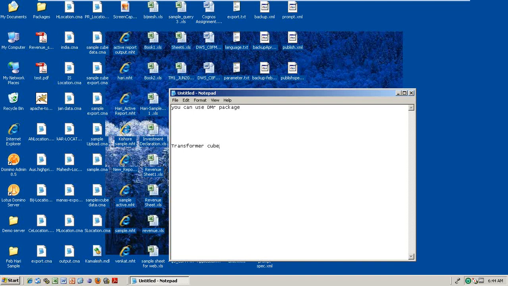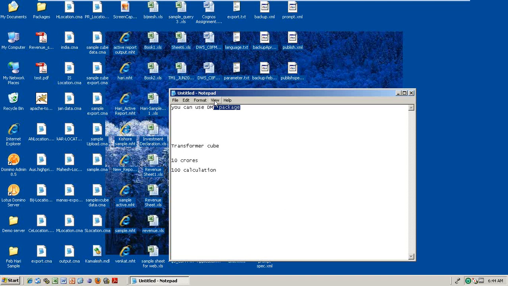Then what is the need of going to the transformer if it is not live also? The simple thing is, say for example, I'm having 10 crore records and 100 calculations. Now, when you are running the Analysis Studio, if you are using the DMR package, it has to go and hit the database directly.